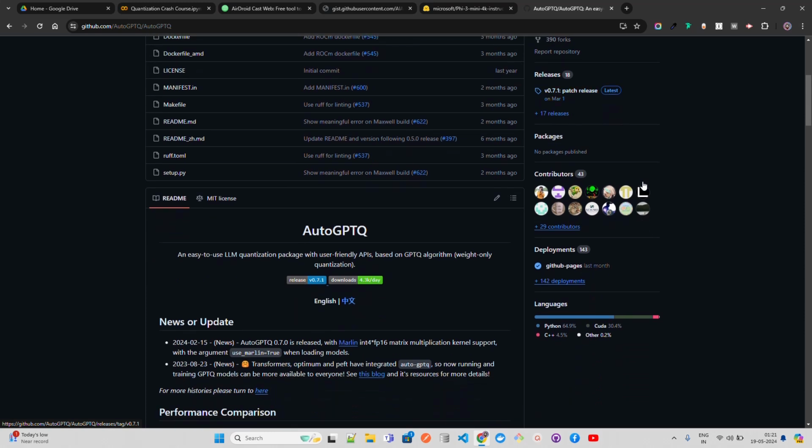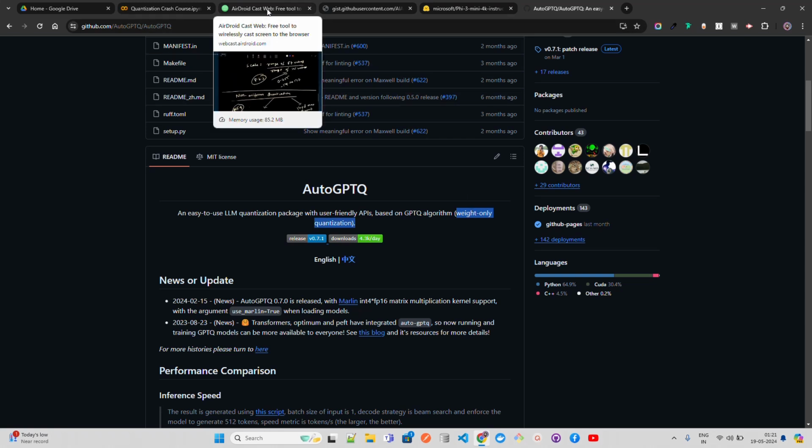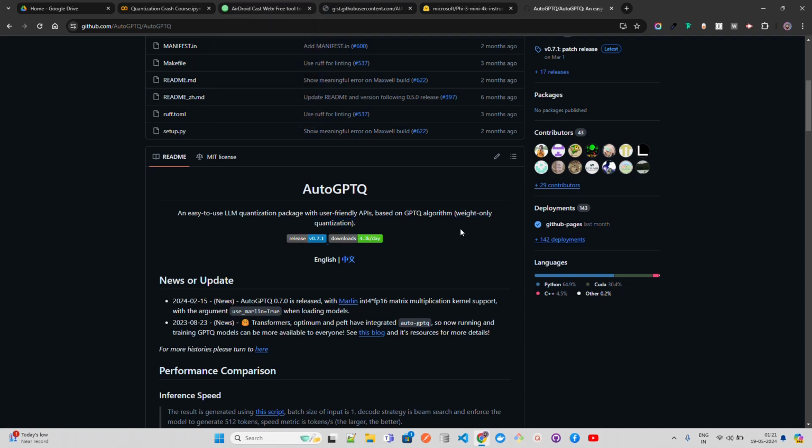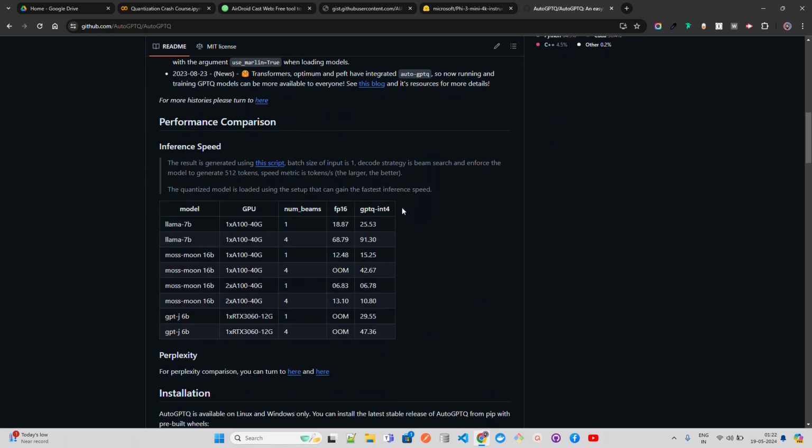This is the library that we're going to use, weight-only quantization. I discussed that in the beginning: there are three different types, post-training quantization, quantization-aware training, and dynamic quantization. It only looks at weights and not anything else. You can find out here if you want to read more about how you can quantize on a single GPU and so on.